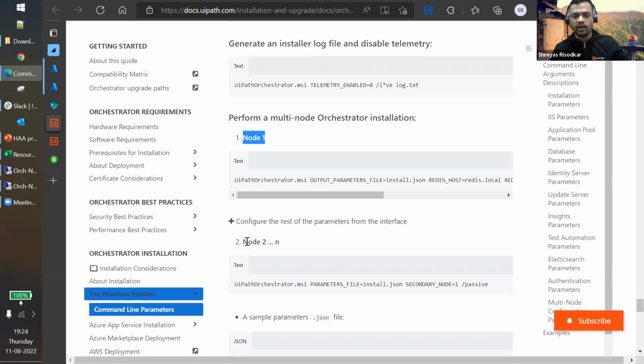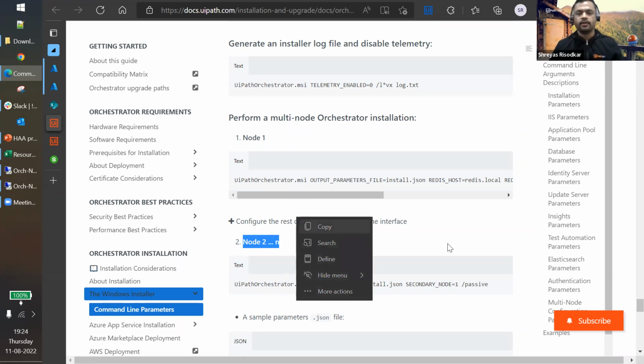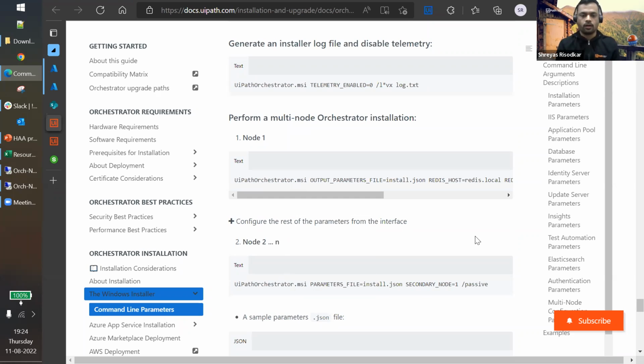And in order to configure the rest of the nodes from node 2 onwards, all subsequent nodes, I have a different command. In the previous session, Arun and Priyesh had shown you how to install the orchestrator using the MSI directly as well as via the command prompt. However, since today we are expecting the installation to be done with these parameters for both the nodes,